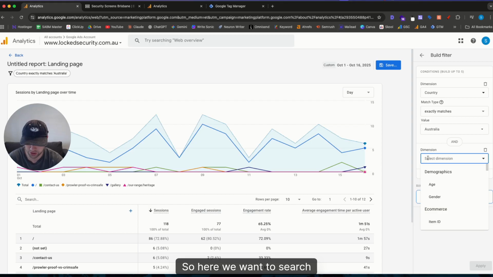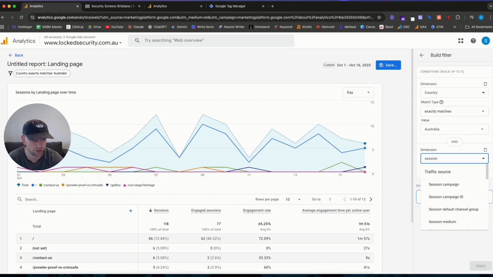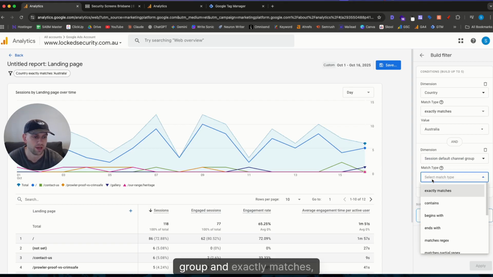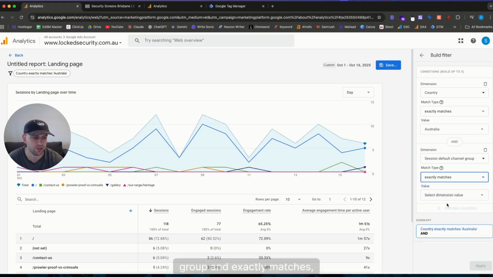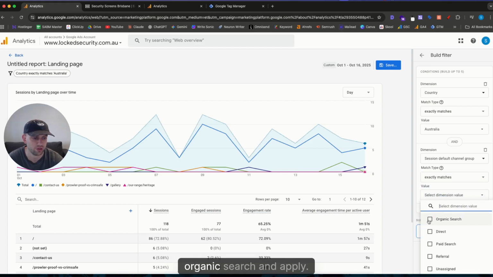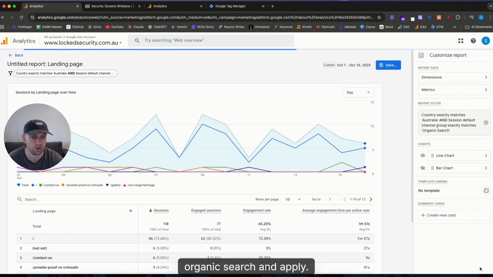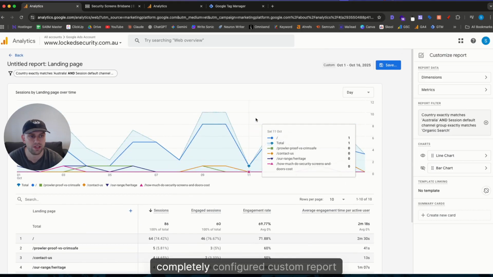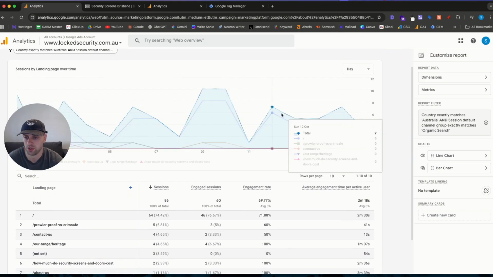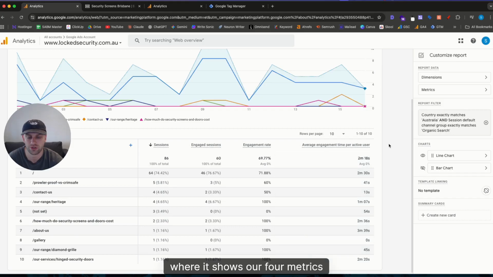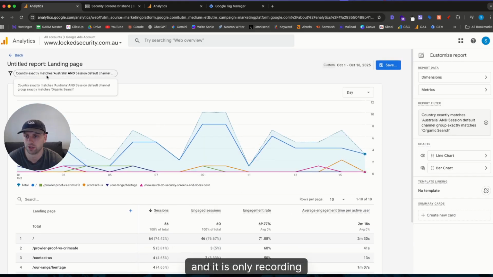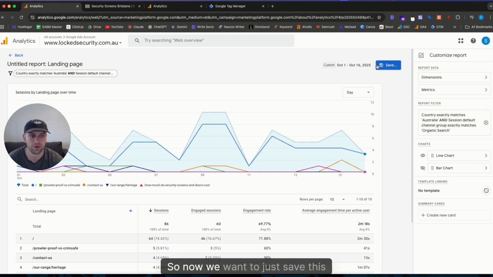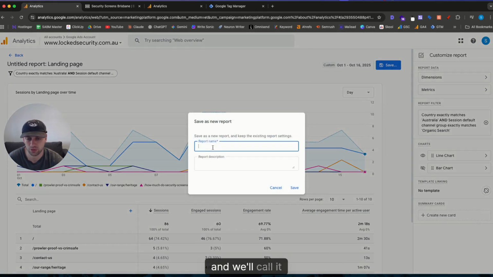So here we want to search session default channel group and exactly matches. Select dimension, organic search, and apply. Awesome. Now we have our completely configured custom report where it shows 4 metrics and it is only recording Australian and organic data. So now we want to just save this and we'll call it